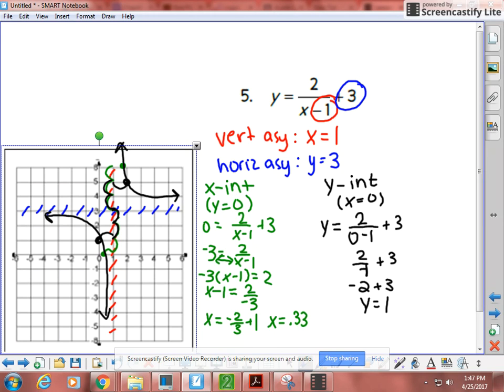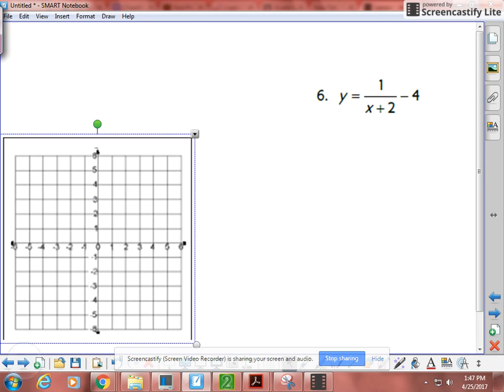Okay, so the next one I might not make quite as sloppy, but that's what you have. Okay, so number 6. All right, so looking at this, same as the first one, I need my asymptotes first. My vertical asymptote, that's what's in the bottom here. So it's the opposite of that. So it's x equals negative 2. So at x equals negative 2,